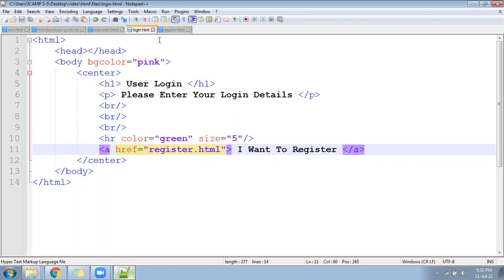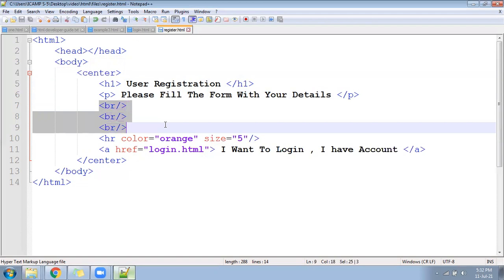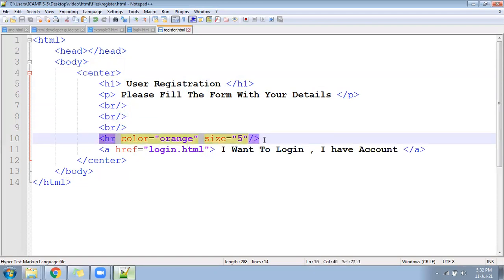Right. Now, in the register page also we have done the same. Body open, center tag open, H1 user registration we have written, paragraph open and close, and after that we have given the br because content is not there, some space should be there. Now one HR we have written. It's called a horizontal line from beginning to last. Orange color will come and the thickness will be 5 pixels.